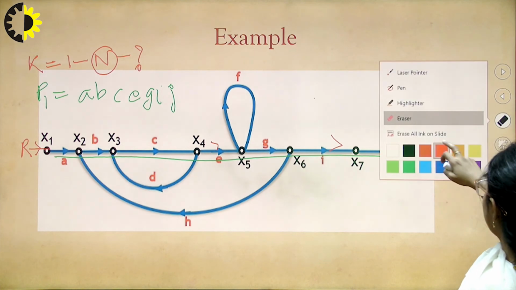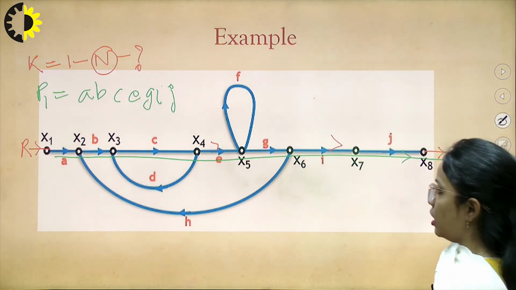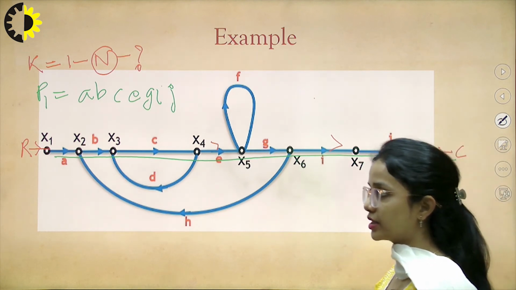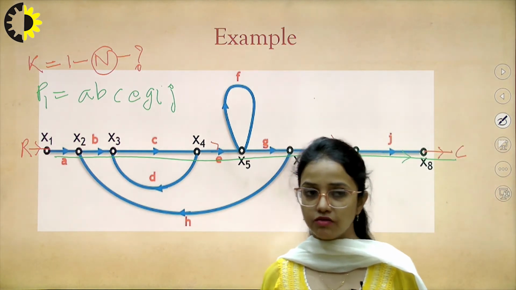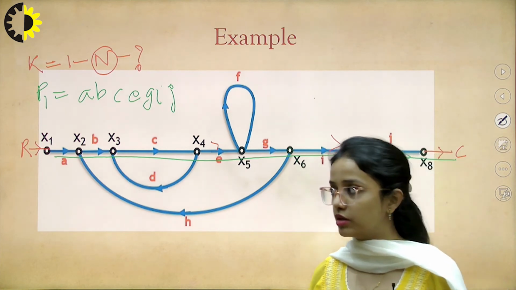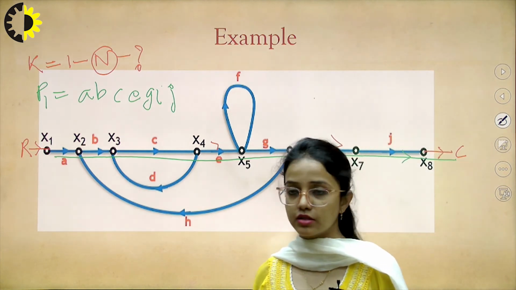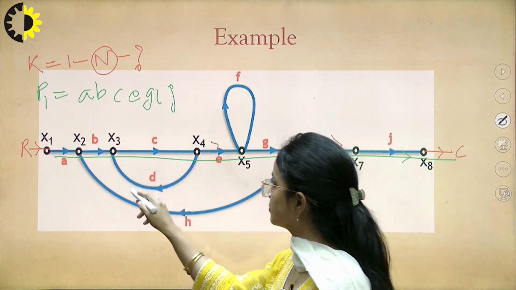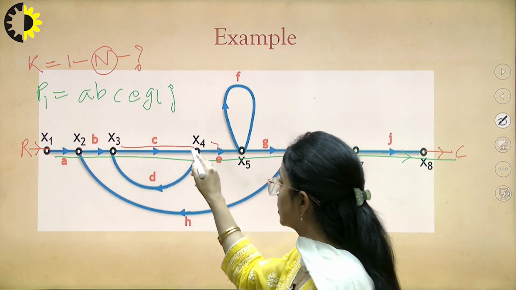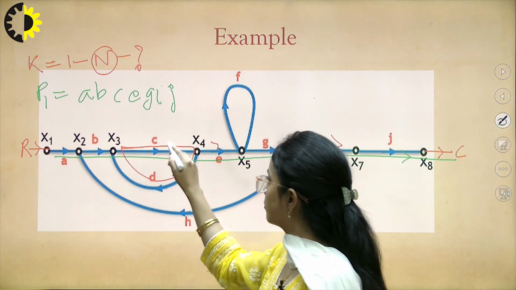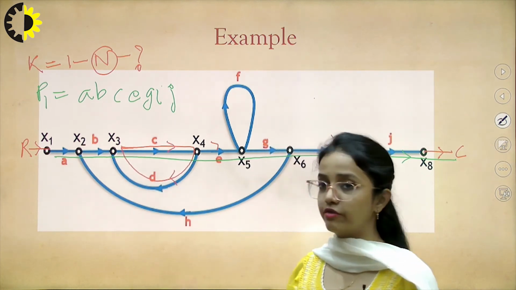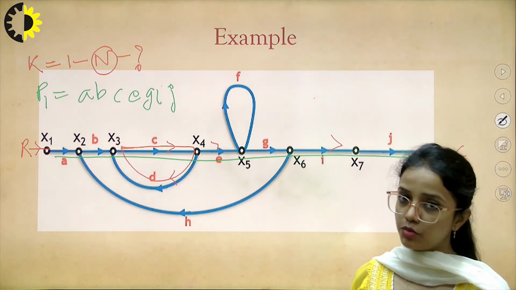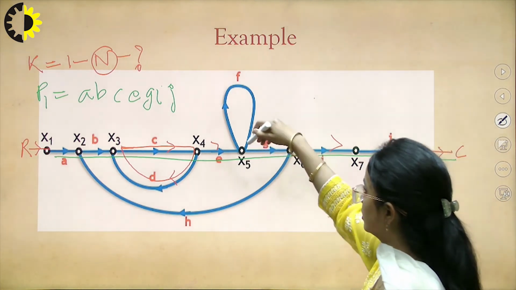Next thing which we need to calculate will be how many loops do we have here. Loops means we have to start from a node, terminate at the same node, and no node should be traversed more than once. None of the portion of the path should be traversed more than once. So here we see that this one here is a loop. Why? Because we are very much able to follow the direction of arrows and start from the same point, terminate at the same point. This is a self loop.